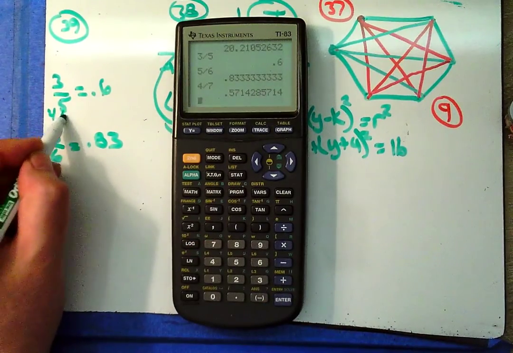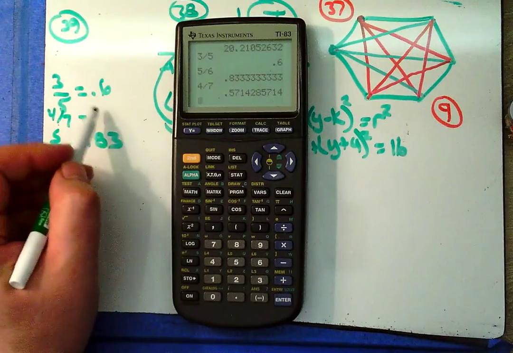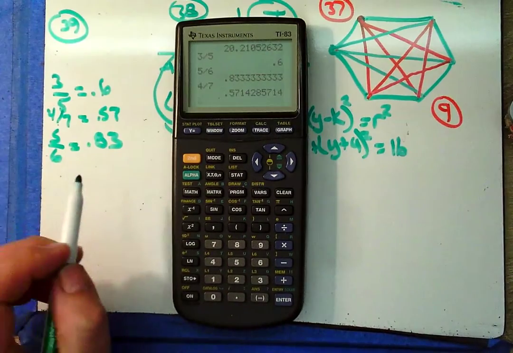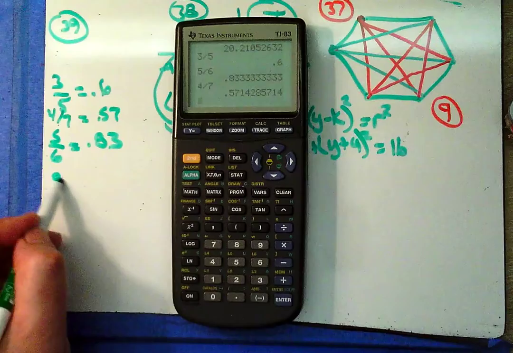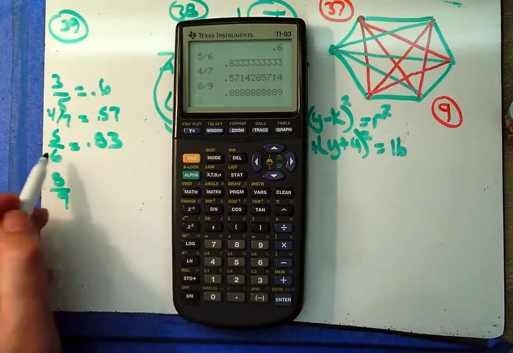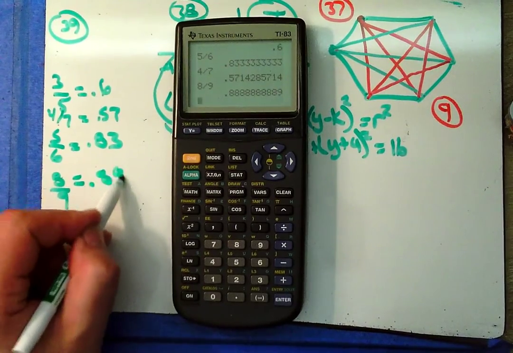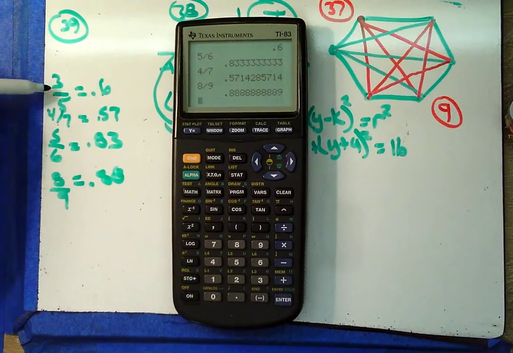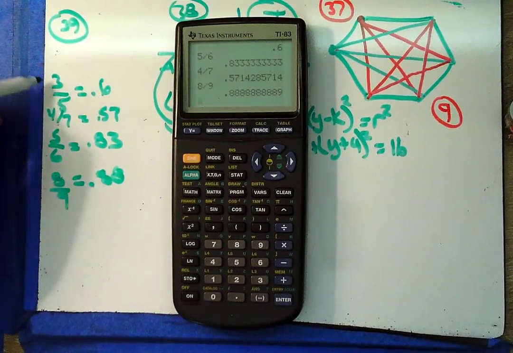That's in here. 4/7 equals 0.57, and then 8/9 is 0.88. Now, it would seem that this is the smallest and this is the largest, but remember, all of